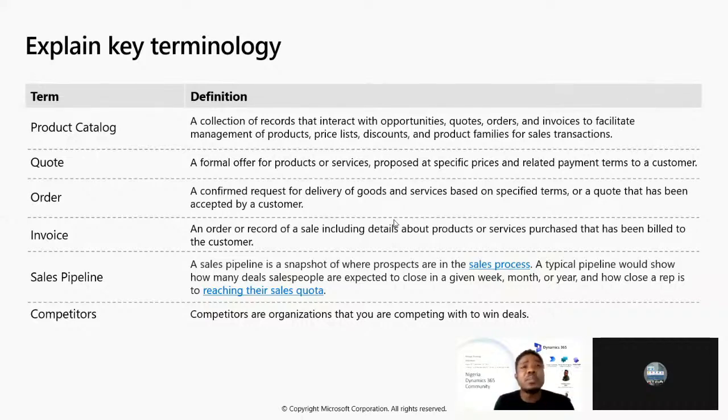Now, if you lose a particular deal, it is also good because we're going to get to the point where we're going to show you where we say, was a deal won or lost? Now, if it was lost, you're going to put a remark there. Okay, who won it? Was it this competitor? And okay, fine, you have to review the